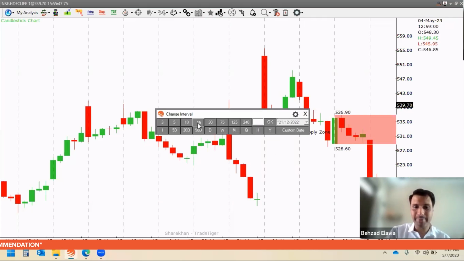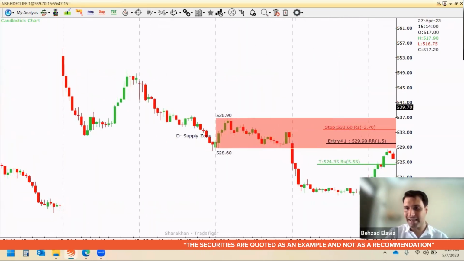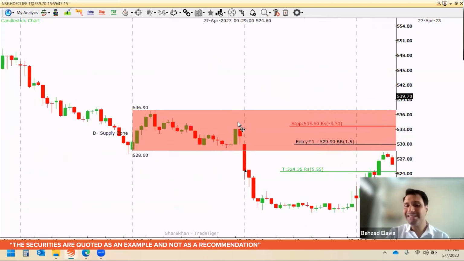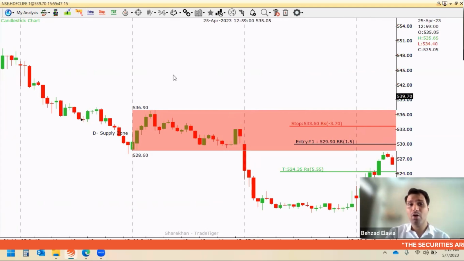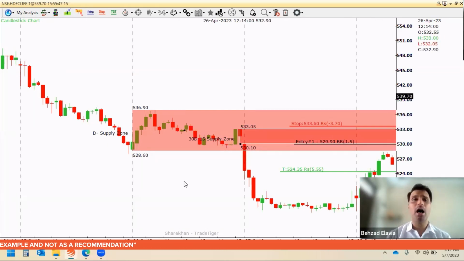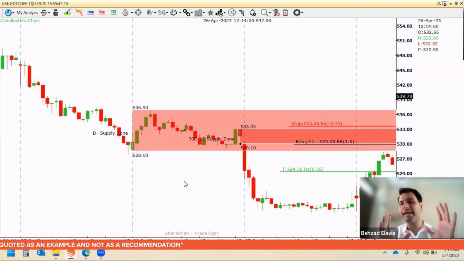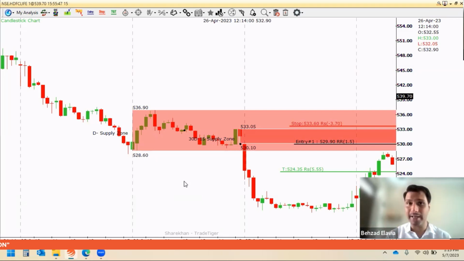So I go on to my 15 minutes time frame over here. And as you've seen in my class recording session, this is the same area that we were talking about on my 15 minutes, which is actually coinciding with my broader or daily time frame. Therefore, friends, a major point to be noted over here is that the zone becomes even more powerful, a high probability area setup, when it coincides with my broader time frame and lower time frame, both together. Therefore, if you can see this,